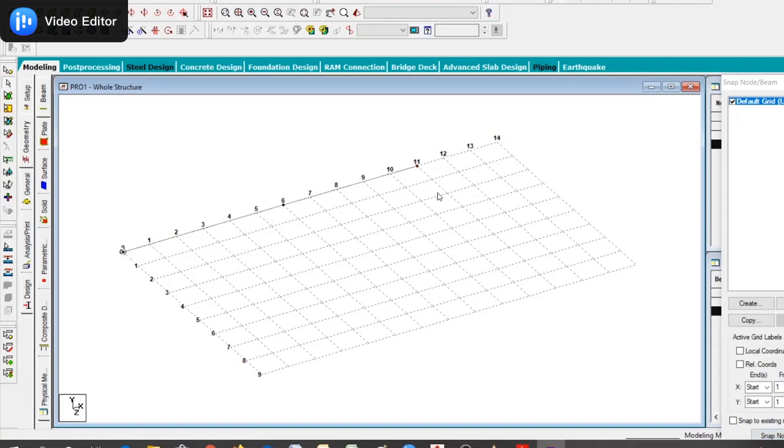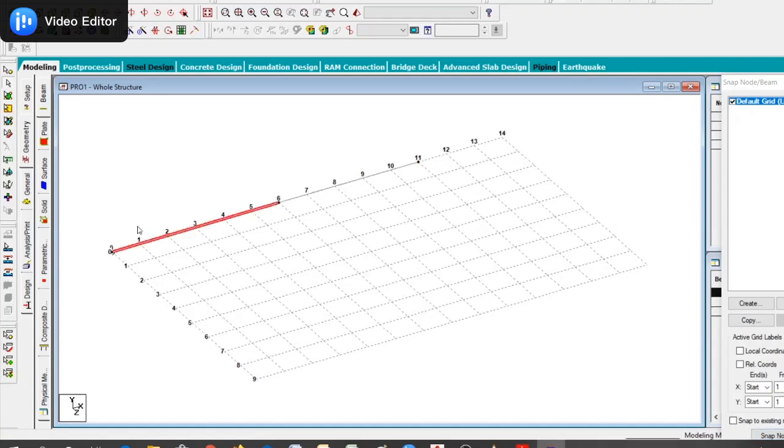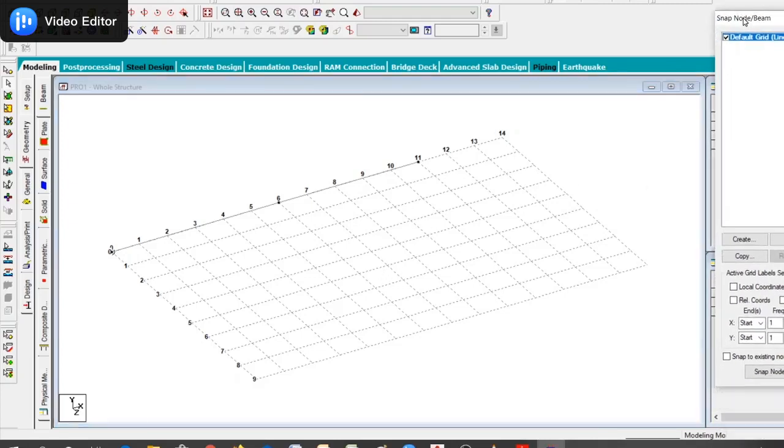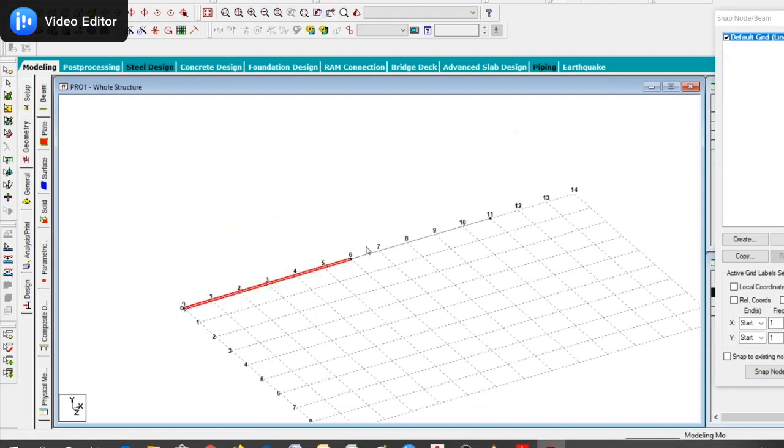And press escape. Now we have drawn from 0 to 6 and 6 to 11. If I want to draw again, I'm not able to draw. If I have to draw again, I'll click on the snap node and start drawing again. Again I can click on 0 to 6, 6 to 11. I press escape, I'm out of drawing. I cannot draw further. If you want to go back to drawing mode, click on this snap node option and start off. I'll press escape now and hit Ctrl Z to undo what I have done here. So now I've just drawn two beams of length 0 to 6 and 6 to 11.